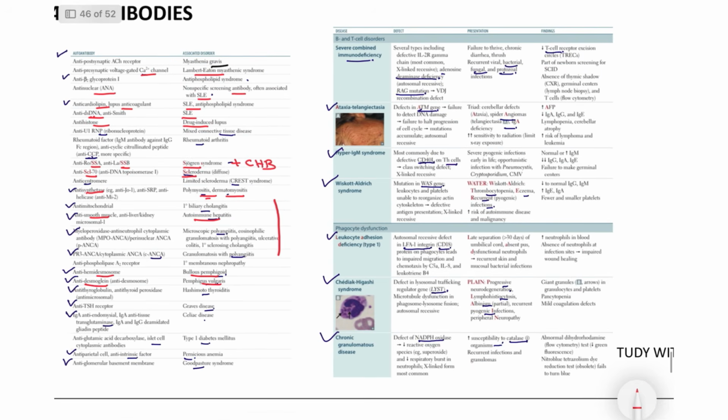Okay, next, another important points. Anti-glutamic acid decarboxylase is for the type 1 diabetes mellitus. Anti-parietal cells and anti-intrinsic factor is for the pernicious anemia. Anti-glomerular basement membrane is for the Goodpasture syndrome. Next, conditions like